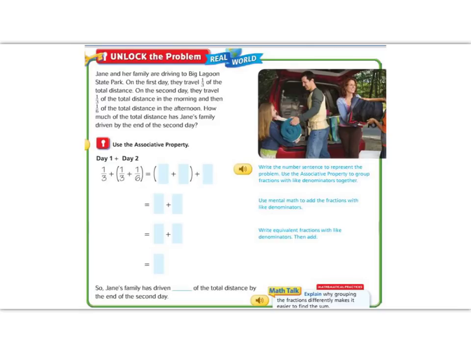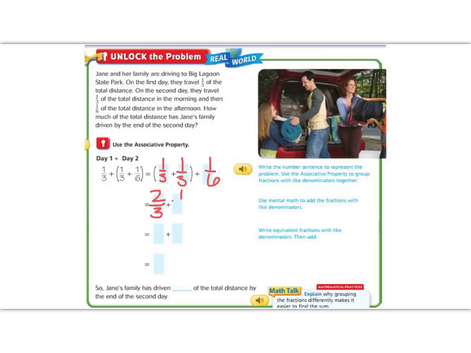Well, let's think about using the associative property to group our thirds together so that we don't have to change our denominators right away. So instead of having 1/3 plus parentheses 1/3 plus 1/6, let's move our parentheses around the 1/3 plus 1/3 and then 1/6 on the outside. So I've kept the order of the numbers, but I've moved my grouping symbols. But now I can do 1/3 plus 1/3 easily in my head. That's